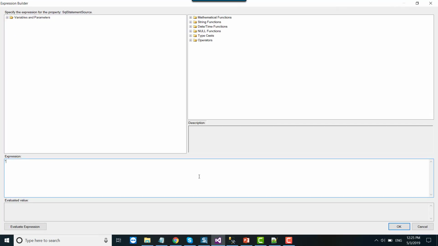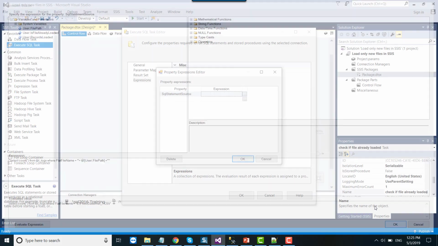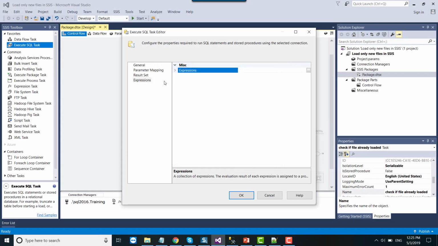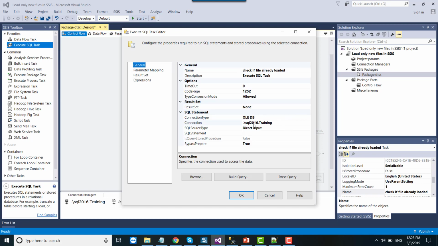Then you can write your query here. We can replace this hard-coded flat file path with the flat file path variable, so that every time the iteration runs, it will check if a file is already loaded or not. It will return the count, and then we can store the count returned from it.